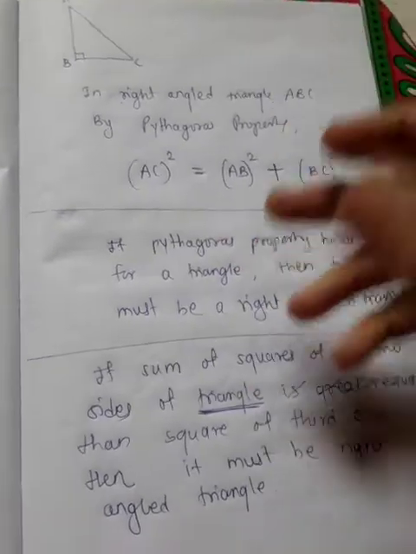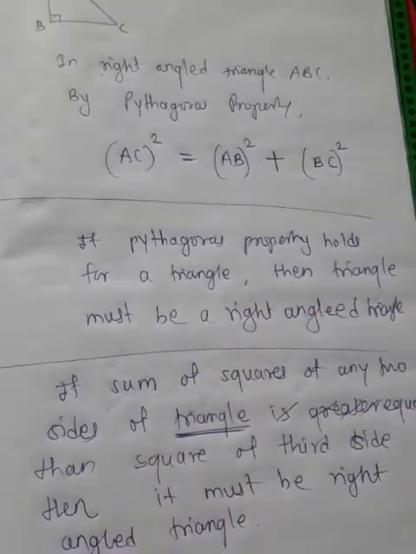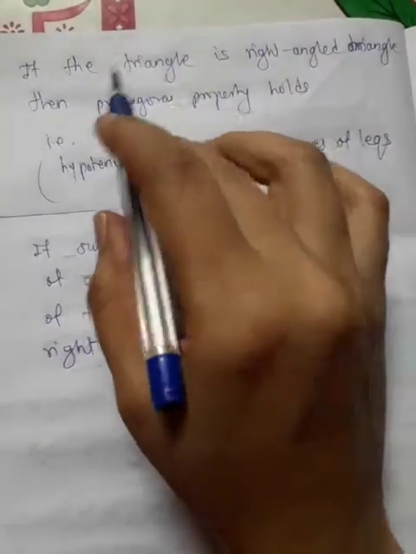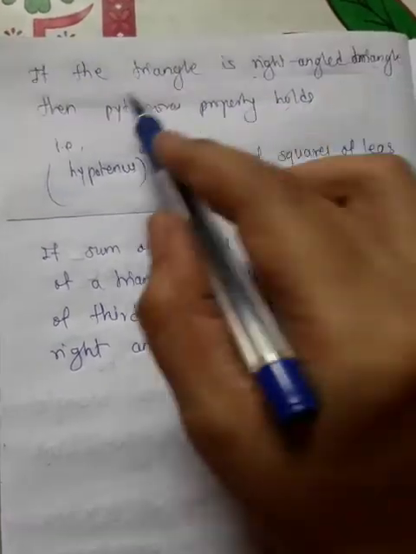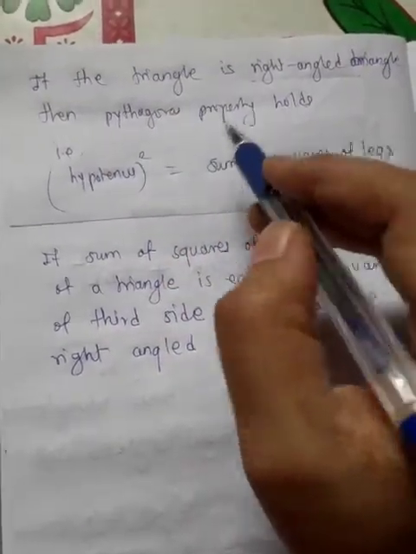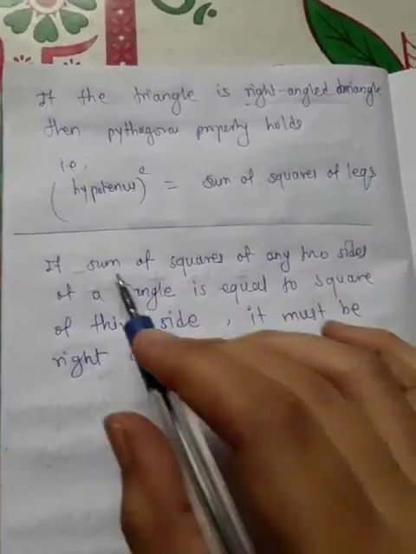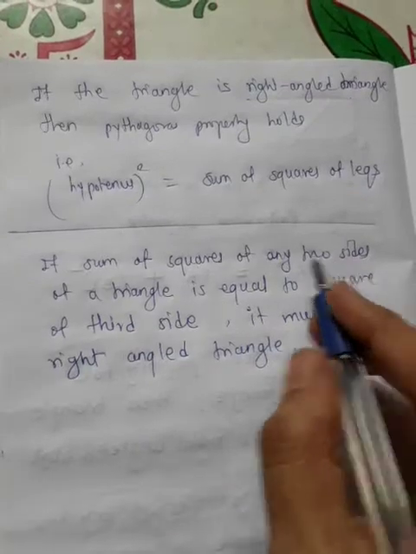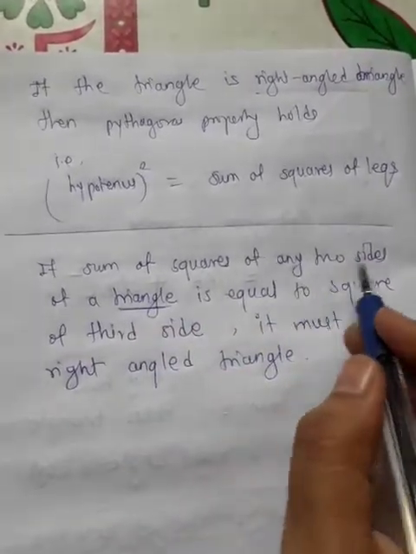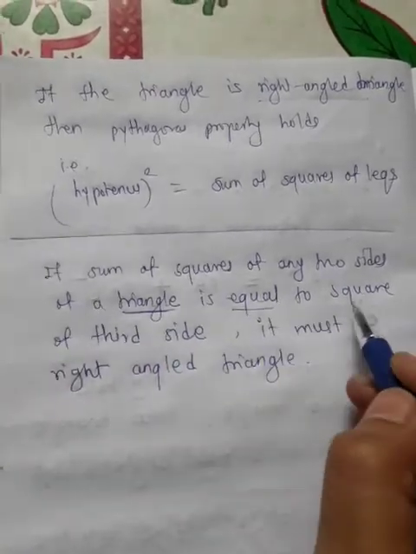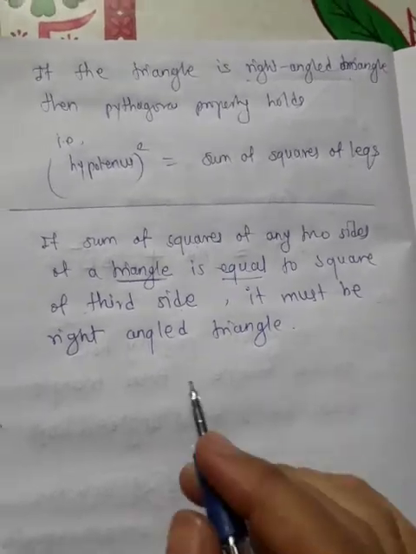In reverse way you can use this property. So remember that if the given triangle is a right angle triangle, then the Pythagoras property holds, meaning hypotenuse square is equal to the sum of squares of legs. And in reverse way, if the sum of squares of any two sides of a triangle is equal to the square of the third side, then it must be a right angle triangle. Let us